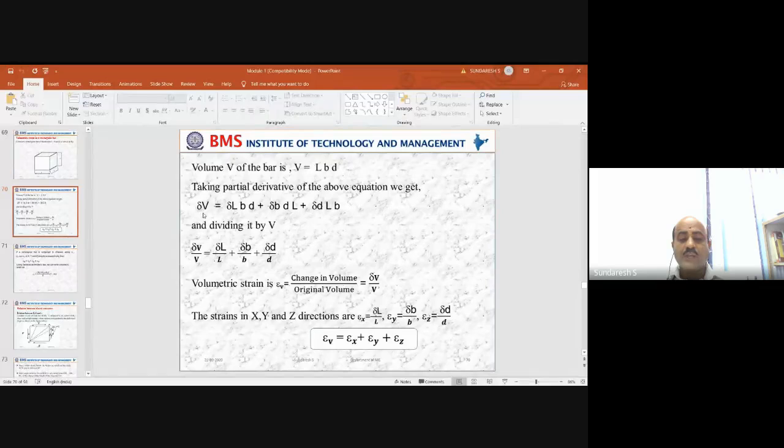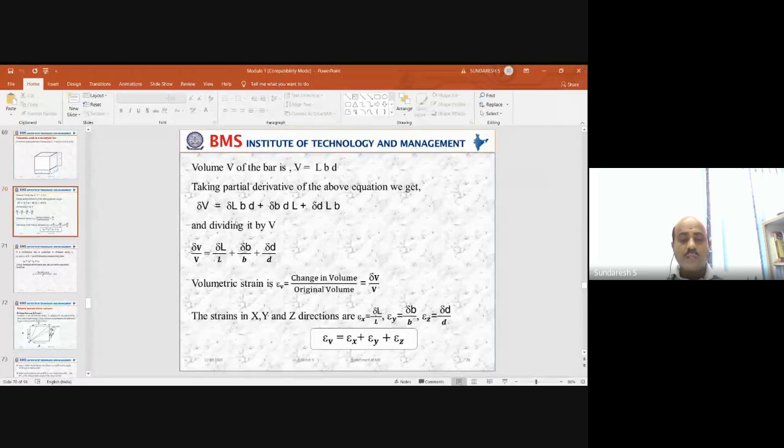So what happens here? Delta V is equal to delta L into B into D, plus delta B into D into L, plus delta D into L into B. So we are just taking the partial derivative of the above equation. And later, we divide the entire equation by the volume V. So when you divide this by V, what happens on the LHS? Delta V divided by V,